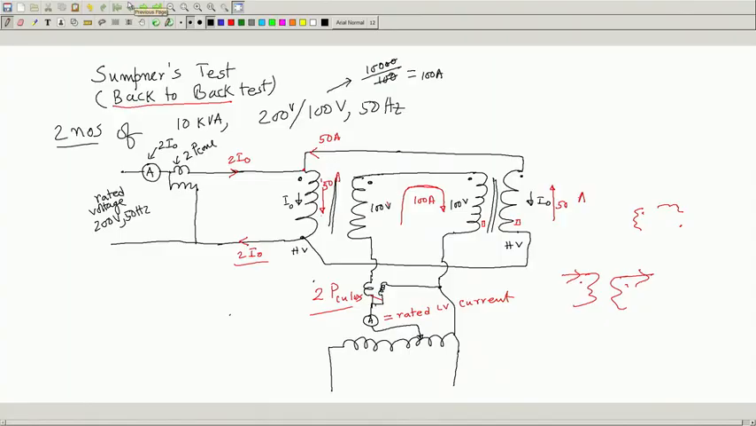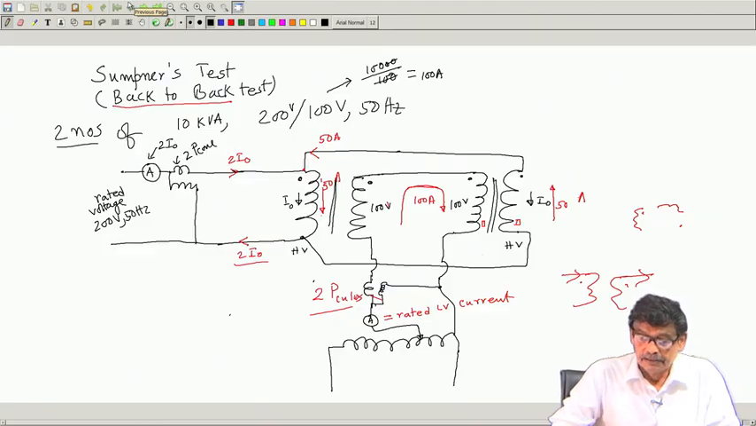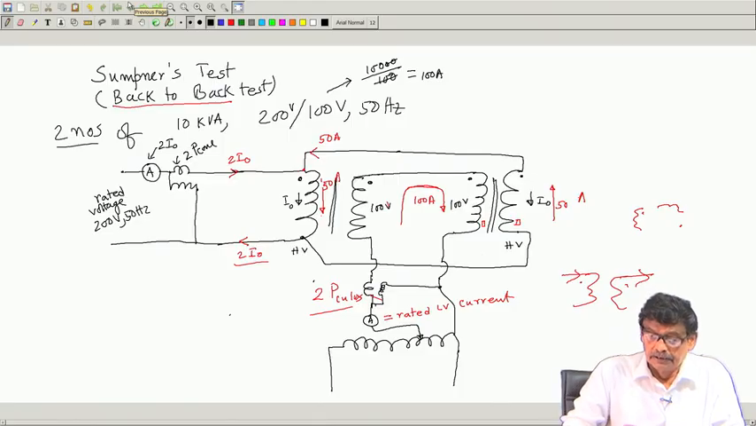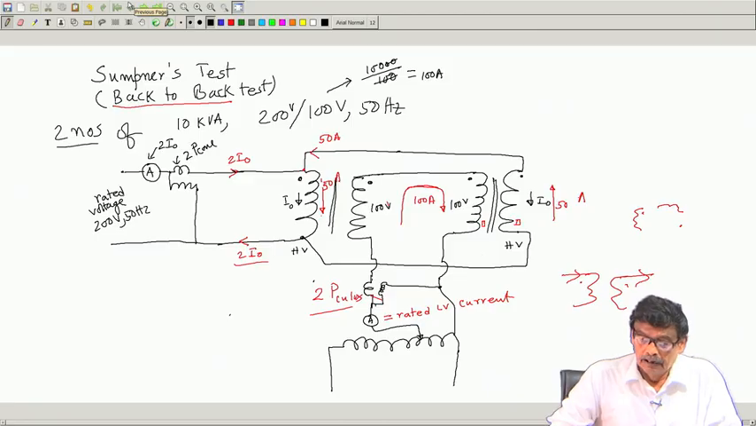Welcome to lecture 34 on electrical machines 1, and we will start today three phase transformers. In my last lecture I told you about one very important test called the Sumpner test, or back to back test, and this was the picture. So, here the beauty is